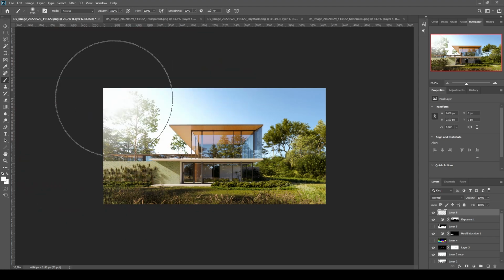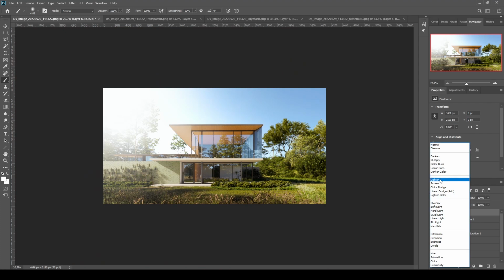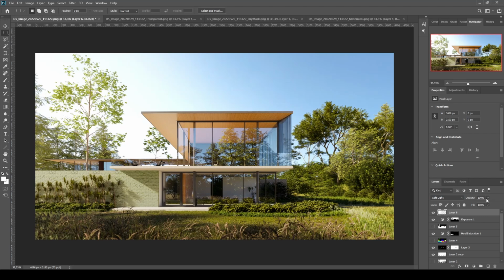And we click on our new layer. Once we have done that, we are going to change the lighting settings. We can make this soft light and also we can decrease the opacity.